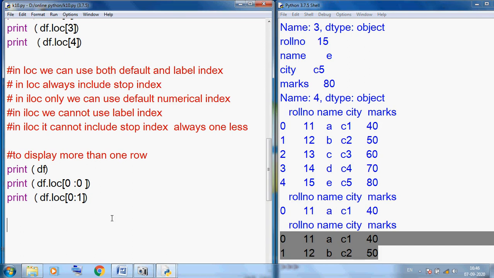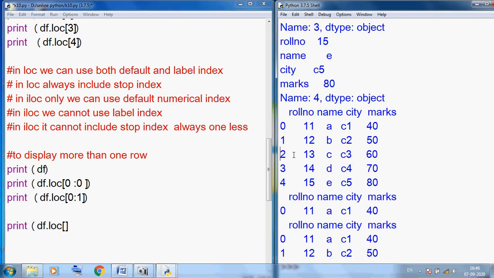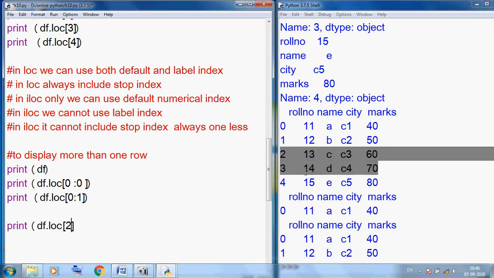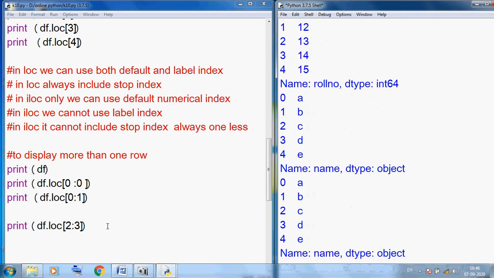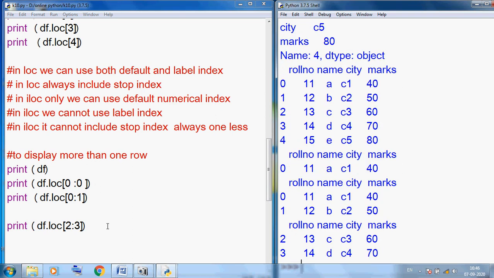You can also use print df.loc in the middle position. Suppose I want to see the second and third, so you can start from 2 and stop at 3. It will display these two rows. So loc is a very flexible thing, it covers our stop index also.